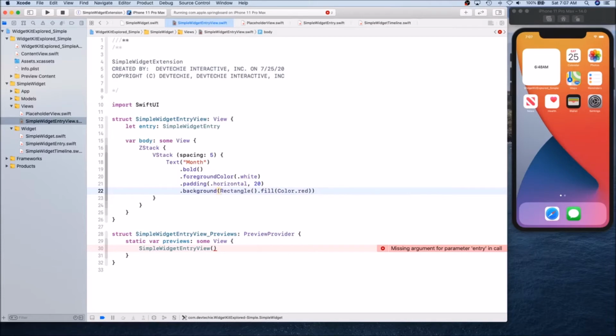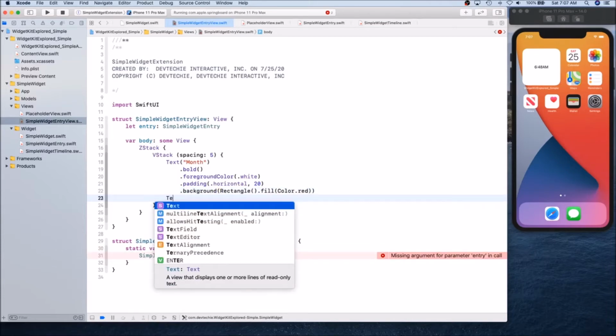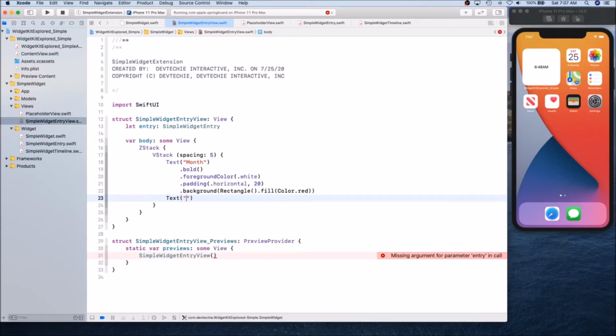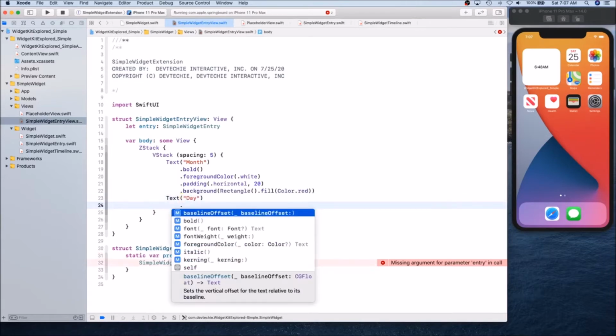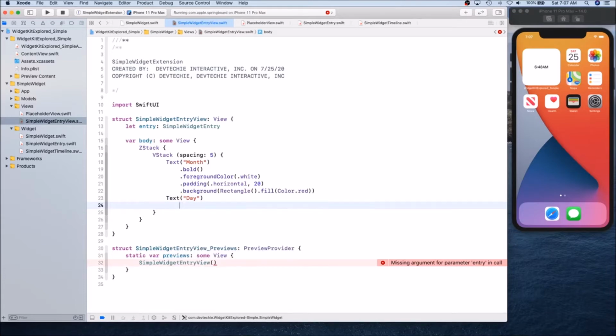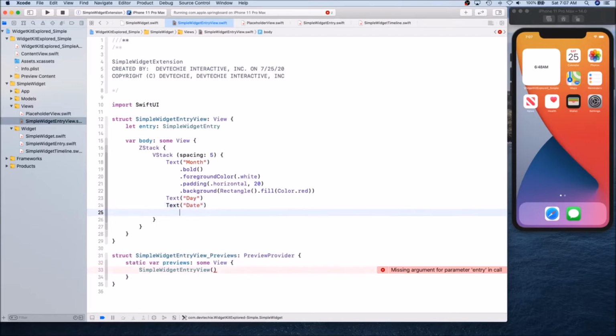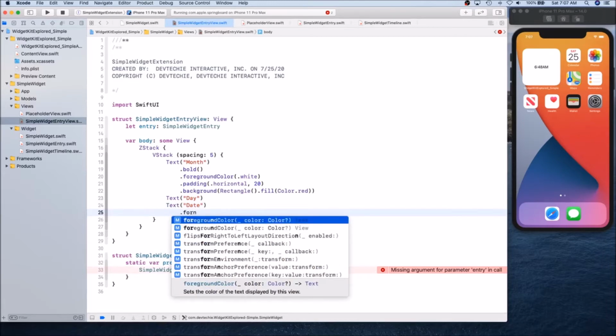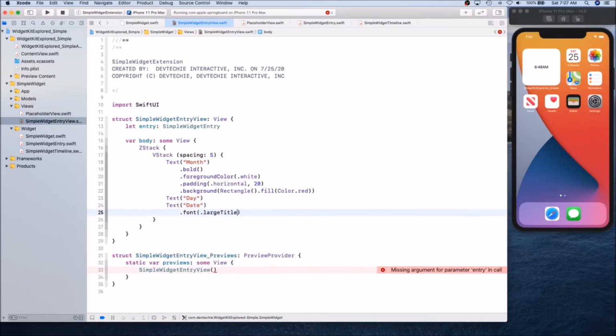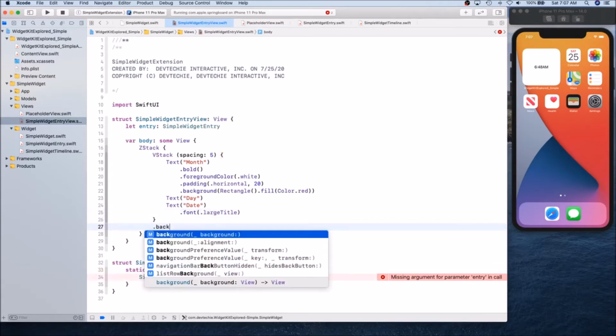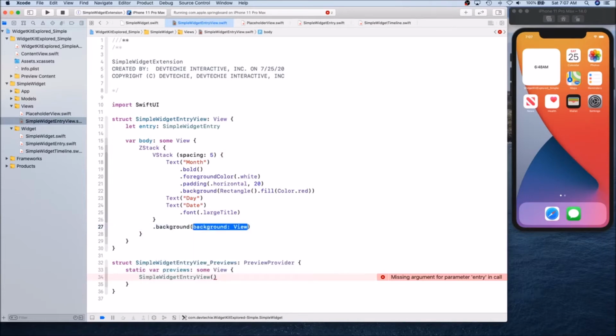color dot red. Okay, then we're gonna have day, so we're gonna show the day like that, and let's leave everything default. Next text is gonna be the date, and we're gonna give it a font large title like so. Okay, for the whole thing we're gonna give it a background, and this background is gonna be a rectangle with fill,